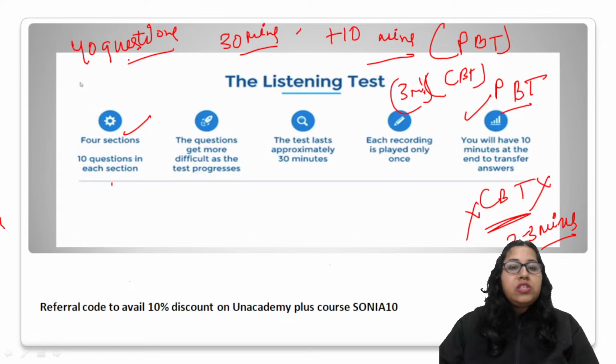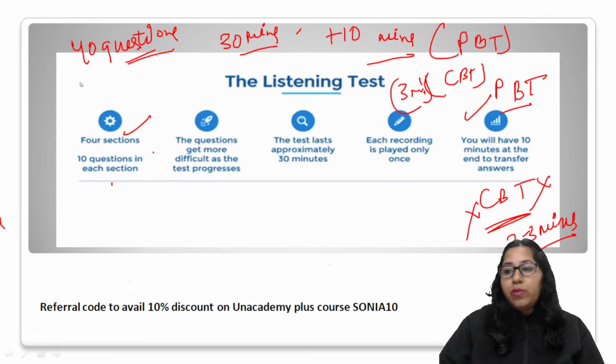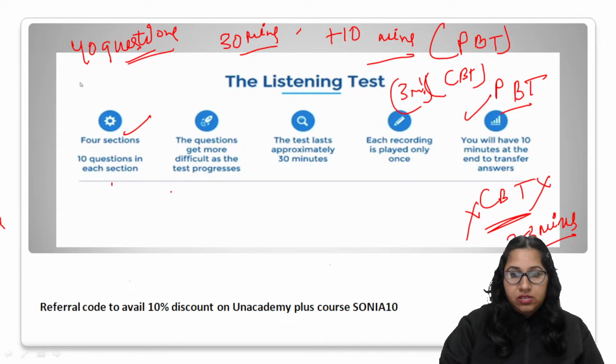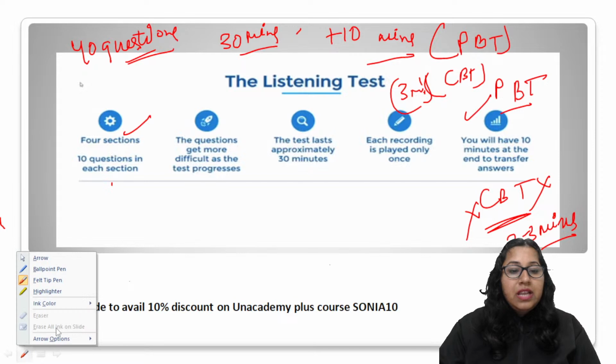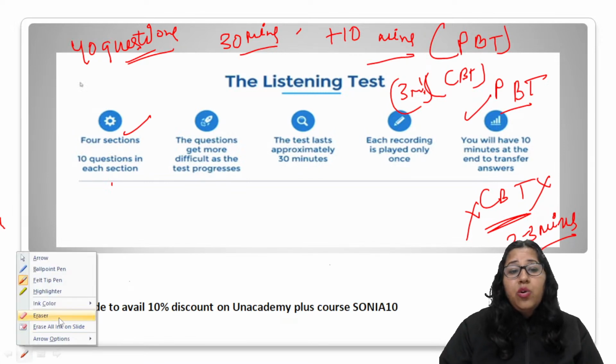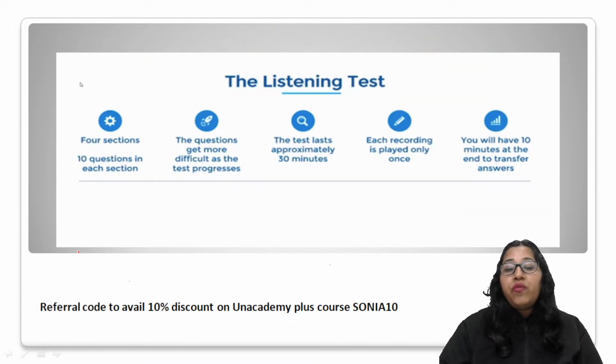So there are 4 sections. These 40 questions are divided into 10 questions per section, and the questions get more difficult as the test progresses. The test lasts for approximately 30 minutes. Each recording is played only once, and you do not have any control over it. So this is what your listening test looks like. Now we are going to understand each one of the sections